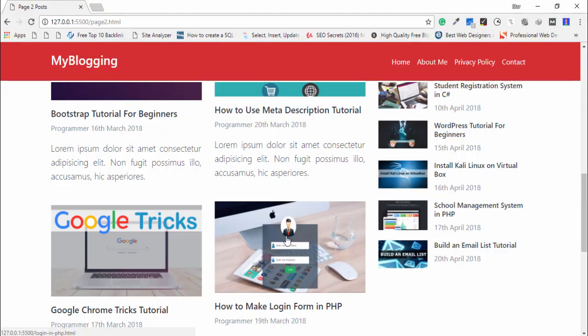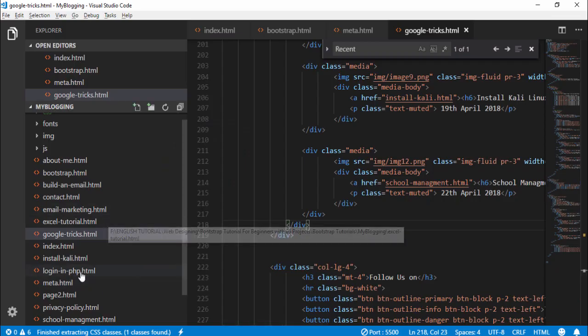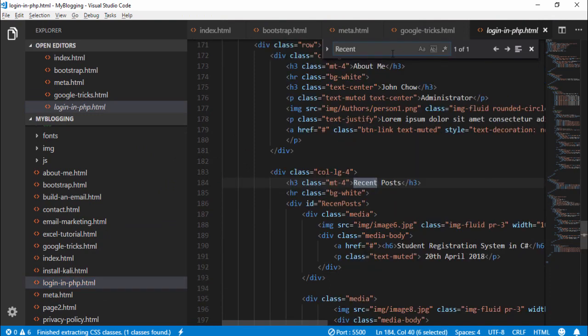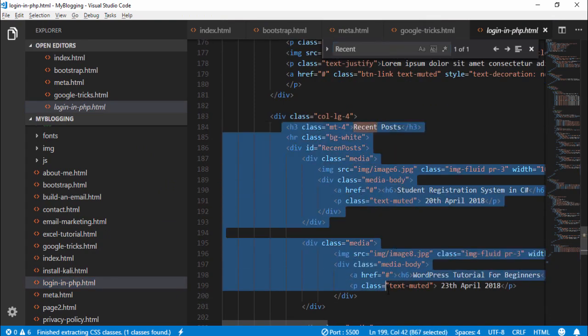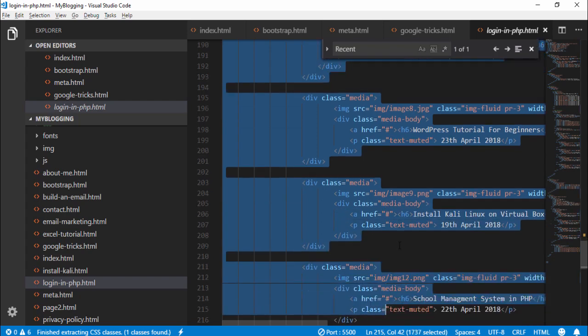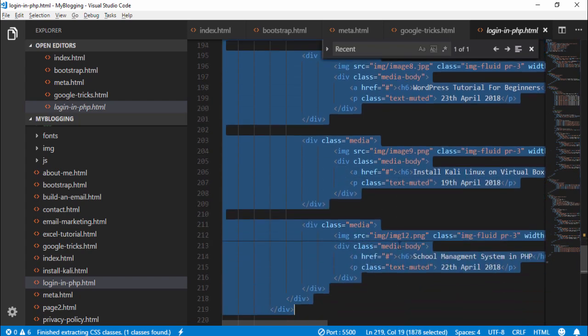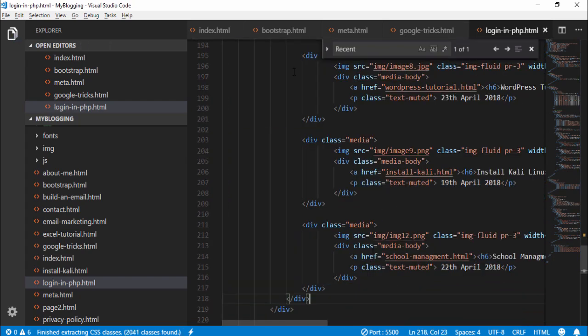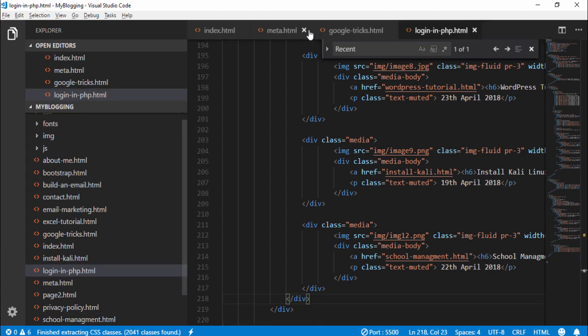Now the final login form and PHP. This is our last post, then we will be able to check our complete website. Save it, close the whole links,